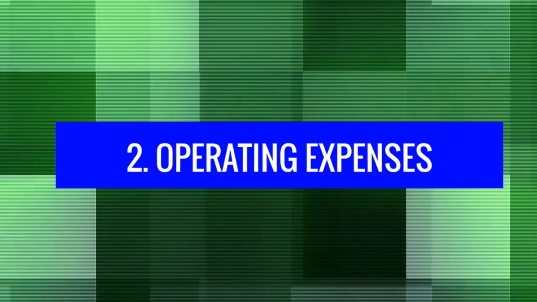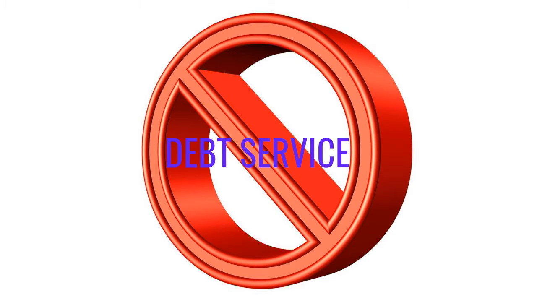Number two, operating expenses. Now, operating expenses are any expenses associated with the operation of that property. Some of the most common operating expenses will be real estate taxes that you have to pay, management fees you have to pay to a property management company if you hire one, repairs that you do to the property, attorney fees you may have to pay when it comes to evicting a tenant, insurance you may have to pay. The list can just go on and on and on. But one key thing is debt service is not considered an operating expense. We look at debt service separately a little bit later on down the road.